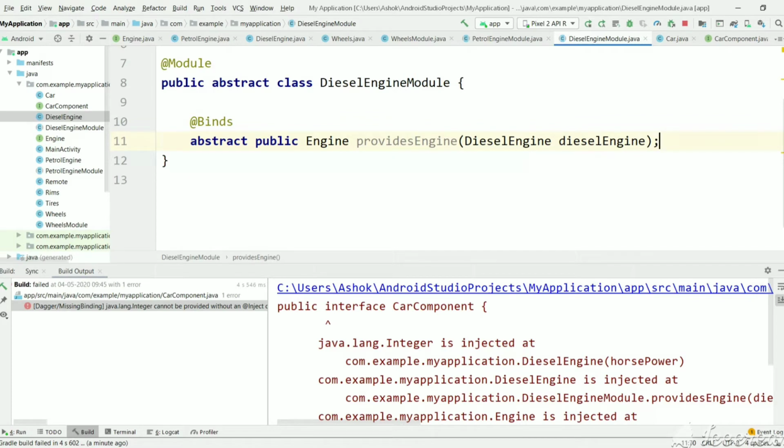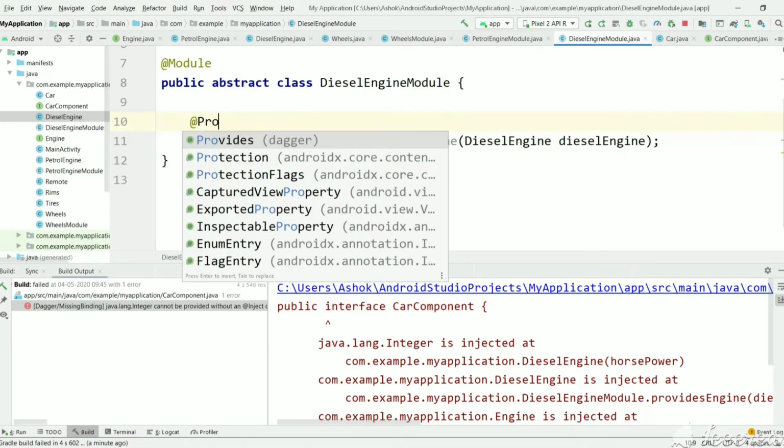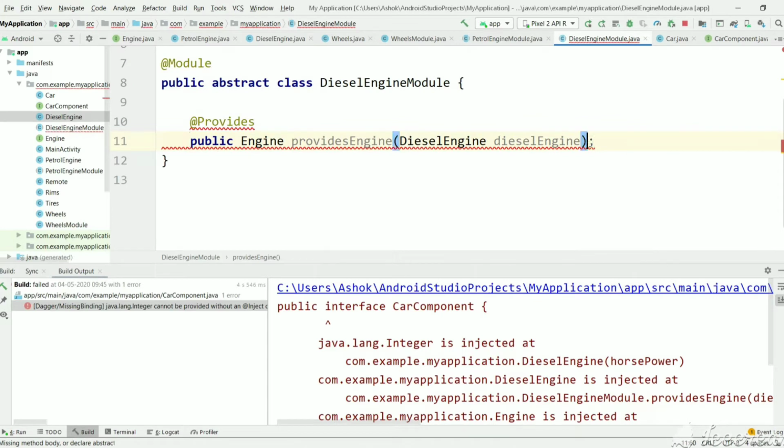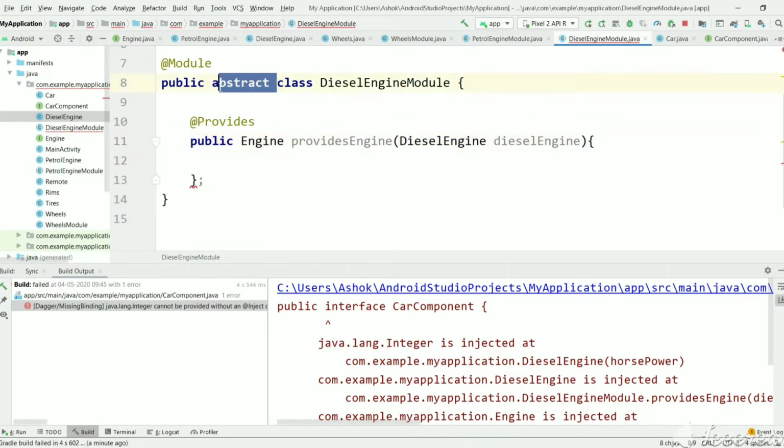So let's go back to provides, because with binds we can't do any configurations. Let's go back to provides as we have seen in the previous videos, and let's provide an implementation for this. Let's remove this abstract class.